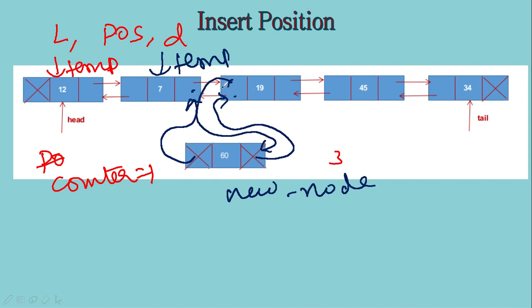How will I refer to this part? I have only one pointer. Having two pointers is not a wise idea. I am having only one pointer, so how will I access this? As temp next previous. When I say temp next, it refers to this node, and when I say previous, it refers to the previous part of the node. That is equal to the new node, and also I will set temp next equal to the new node, right?